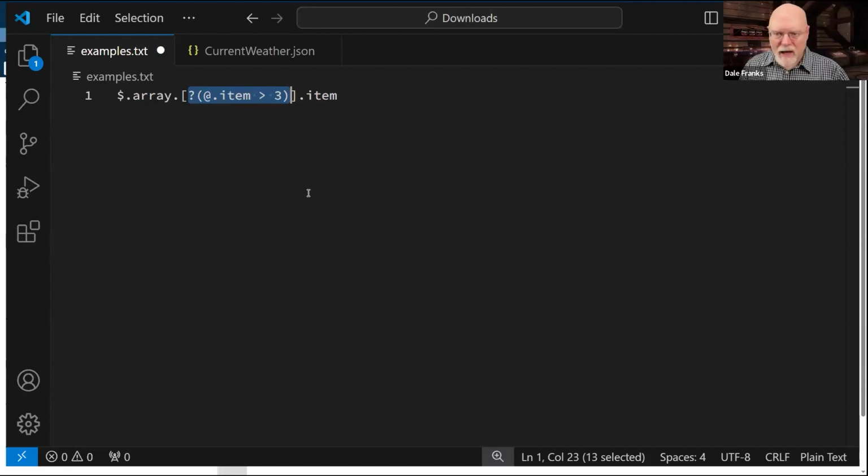Like in this case, I don't even know how big the array is. I don't care. Just give me the last 3 items in the array. And it's just going to pull the last 3 items that are in the array, whatever they might be. It doesn't care how many items are in the array. It's just going to grab me those last 3 items.